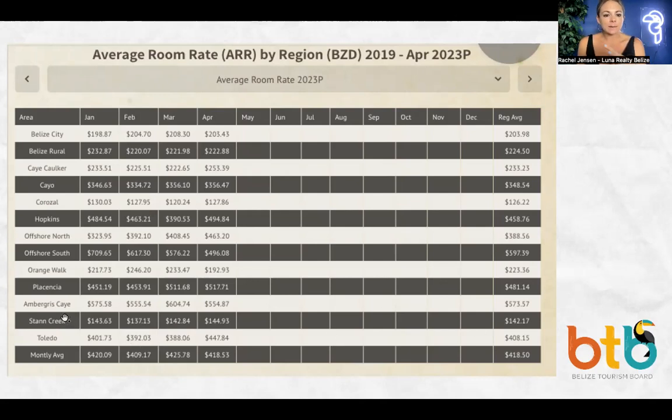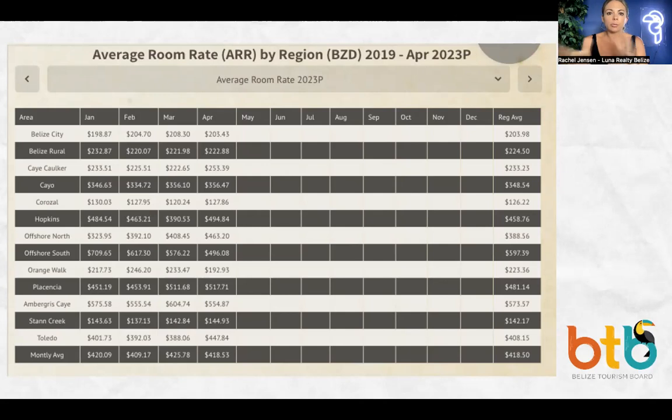I'm going to jump back to Ambergris because I know that's where a lot of the focus tends to be for rental investment. We can see that March actually had the highest average daily rate at a little over $300 a night. These 4 months we're seeing here are considered high season. March is when we have a ton of spring breakers coming down and families traveling because kids are on spring break, so I'm not really surprised to see that number is a little bit higher. But January, February, March, April, the average is about 575 Belize dollars on a nightly